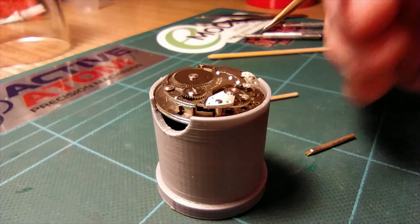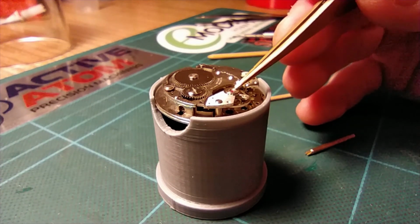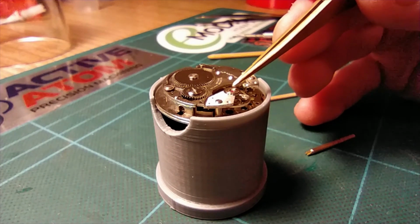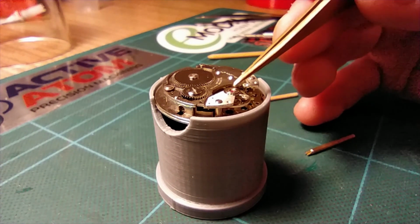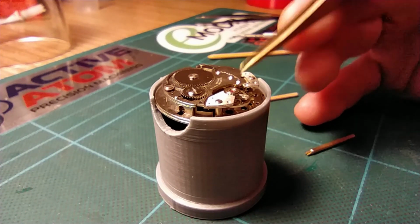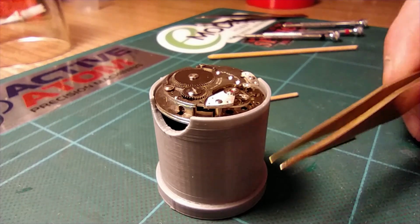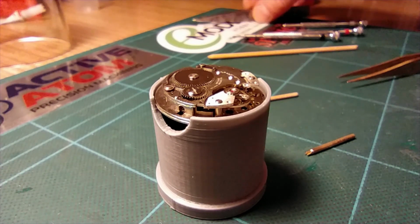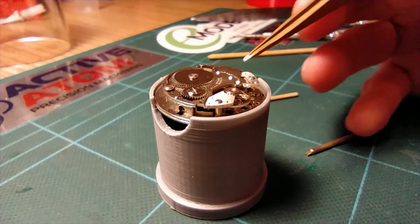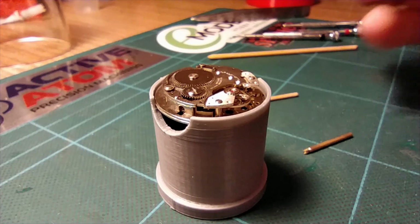One other thing I will mention, one tip: demagnetize your movement either before you strip it or before you remove these to clean and lubricate them, because if these are magnetized, they can be a damn nuisance. Hence the reason I try to use brass tweezers, although I'm not a fan of brass tweezers. Generally speaking, I much prefer steel tweezers. They have more feel. But for things like this, I do try to use brass tweezers, because magnetism can be